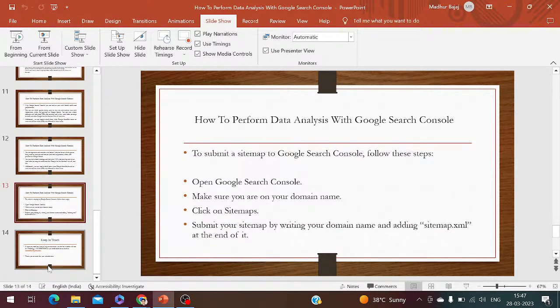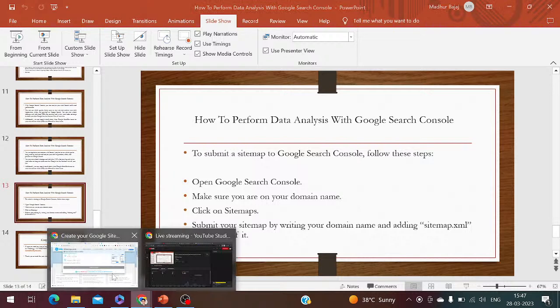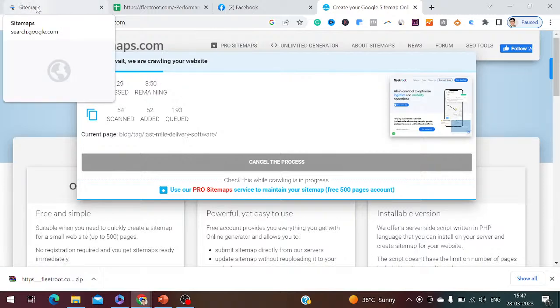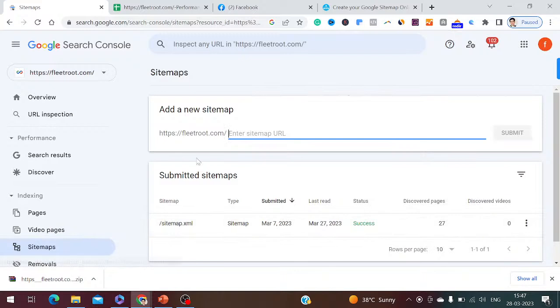Now we will discuss how you can actually submit a sitemap. It's very simple. You have to open your Google Search Console, then make sure you are on a domain name. Click on sitemap, submit a sitemap by writing your domain name and adding the sitemap.xml file at the end of it. Okay, so guys, here it is. It's still getting loaded, so you have to be patient here. You just have to click on sitemap, and then once your file is added, you have to add the sitemap.xml file we have already created over here. Alright guys,